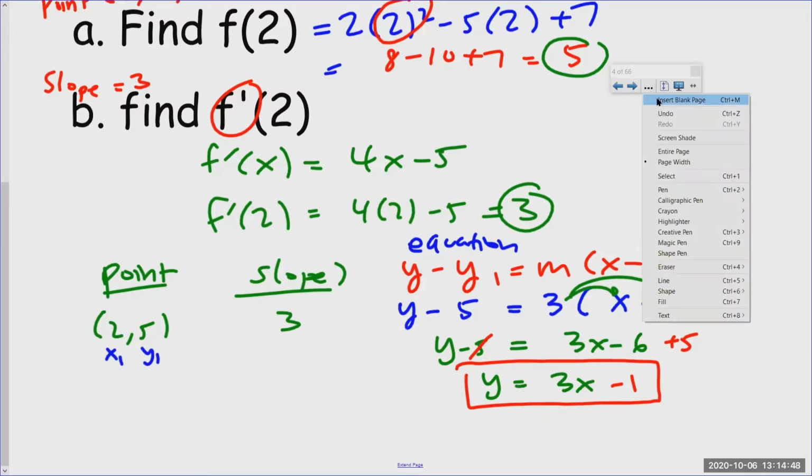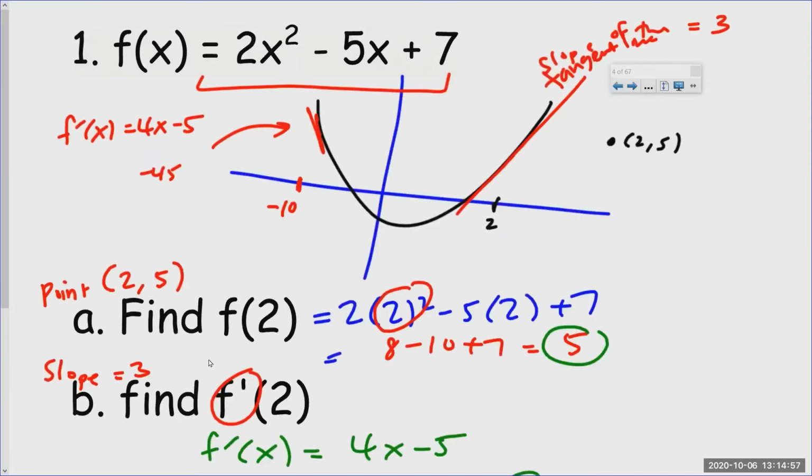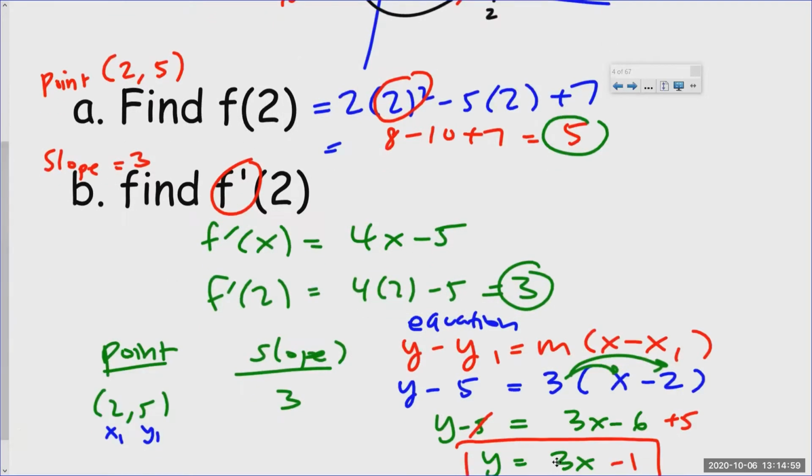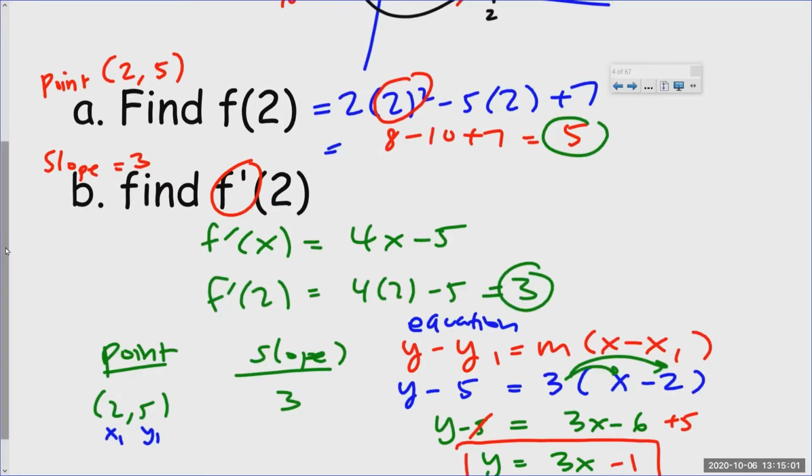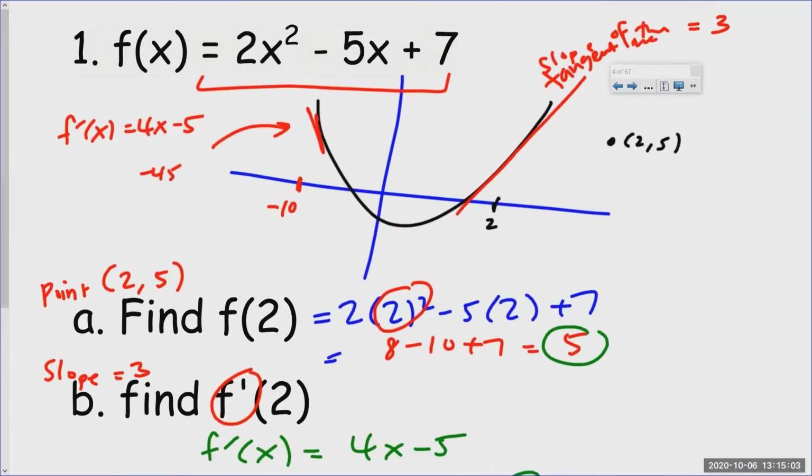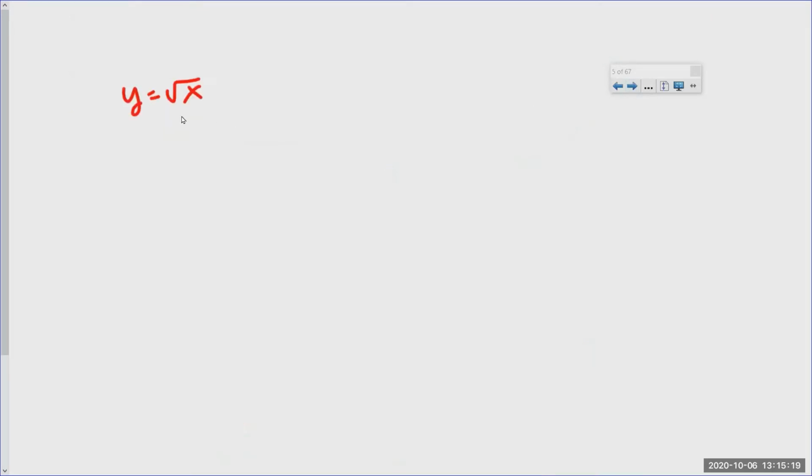So the second example is a very similar problem, okay? It says y is equal to the square root of x. Wait, let me just make sure you guys understand. That equation that we just got, y equals 3x minus 1, is the equation of this line right here. We found the equation of the tangent line at this point, 2, 5, and that equation is y equals 3x minus 1. Okay? All right, so let's go to the next question, which says, if you have a function y